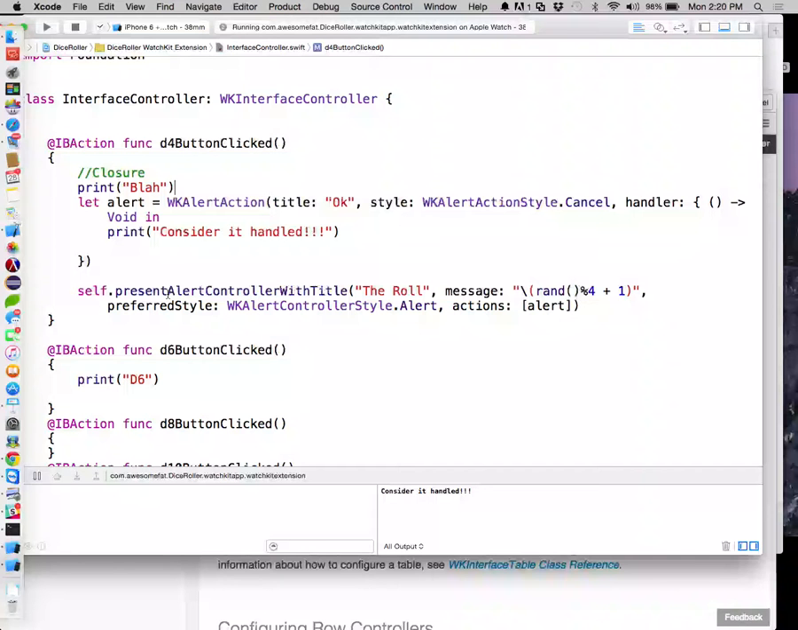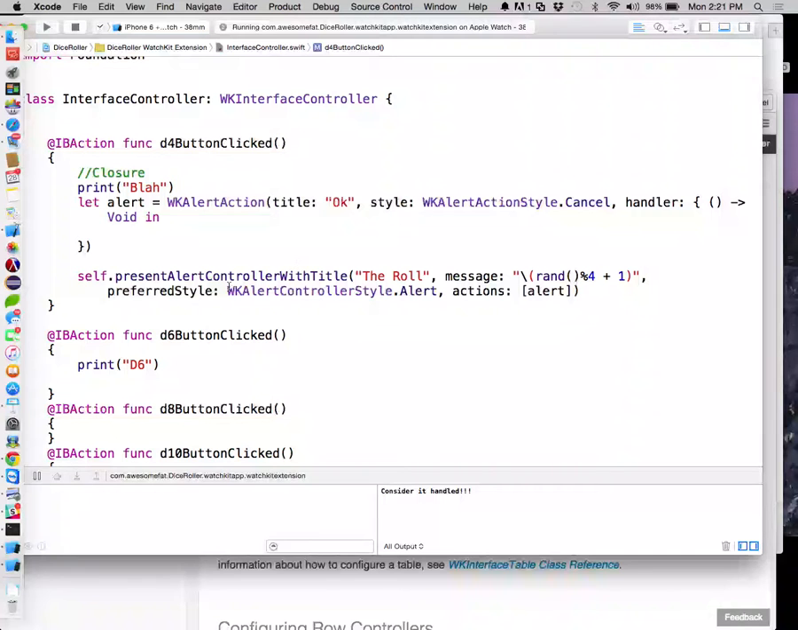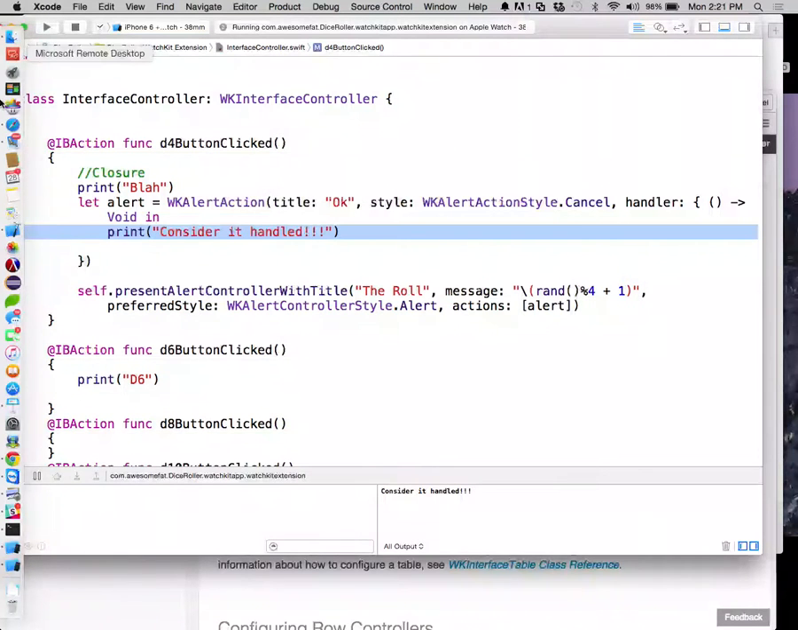All right. Does that make sense? How closures work? Okay. Did you get it right? So no? All right. So if we wanted to do something in response to them clicking OK here, just so we can see what had actually happened,